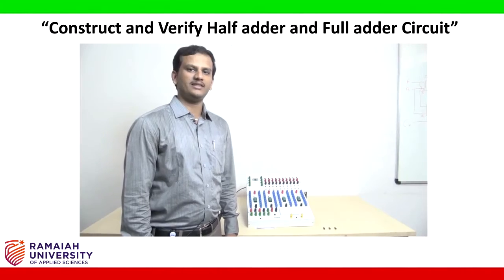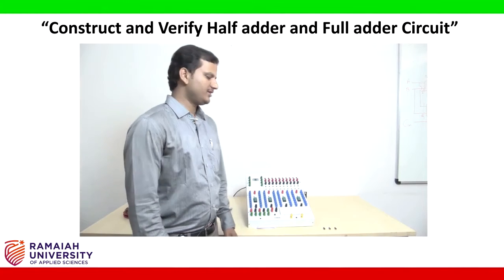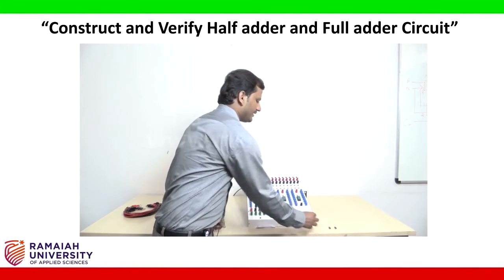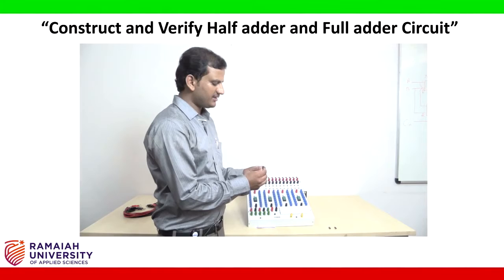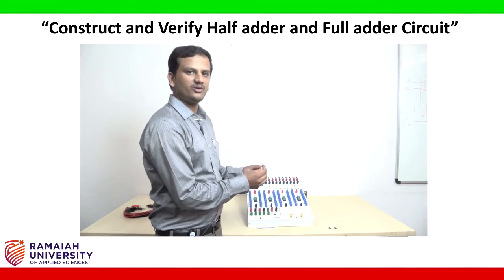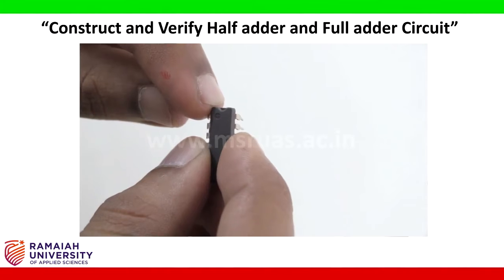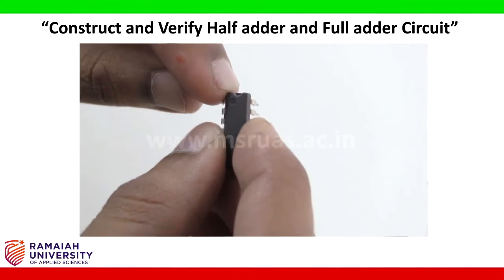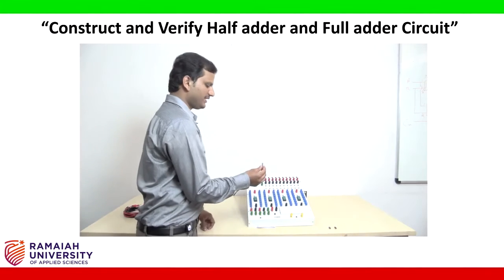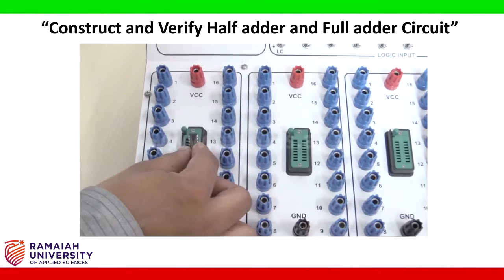Now let us place the ICs into the IC bases. So now first is the XOR gate, this is 7486. While placing this IC into the IC base, make sure the notch of this IC is always directed upwards. So now I am going to place this IC into the IC base 1